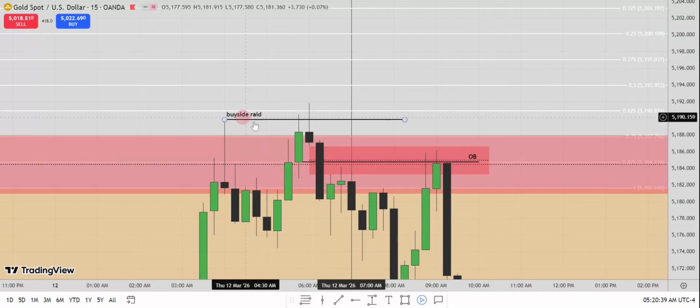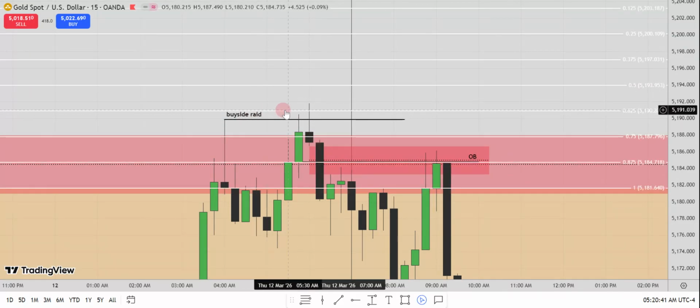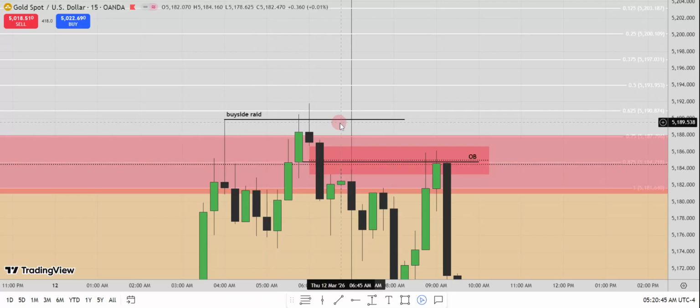There. So we have this red here. That's a turtle soup using this 0.625 level, 5190.874. Then remember here we're talking about price. From now on, when we are analyzing anything from